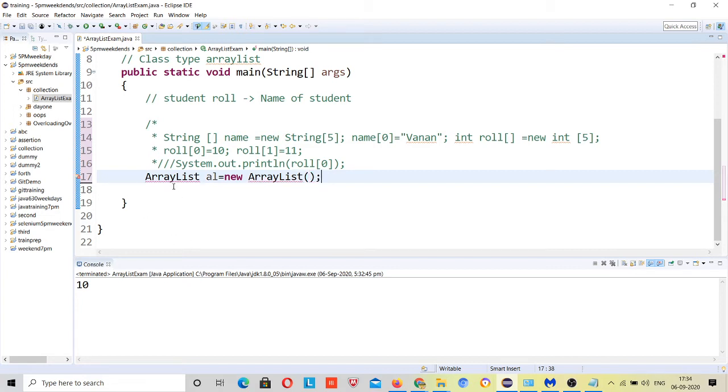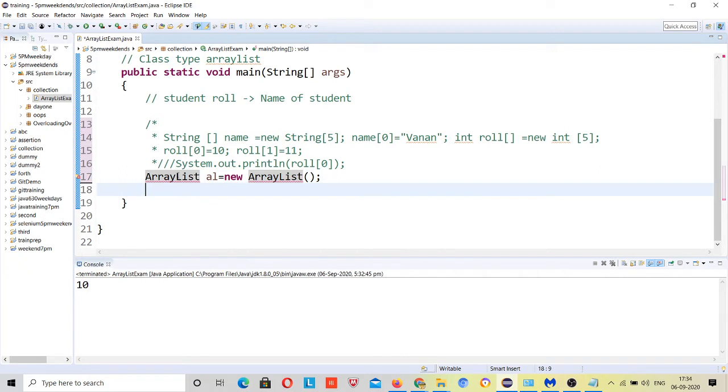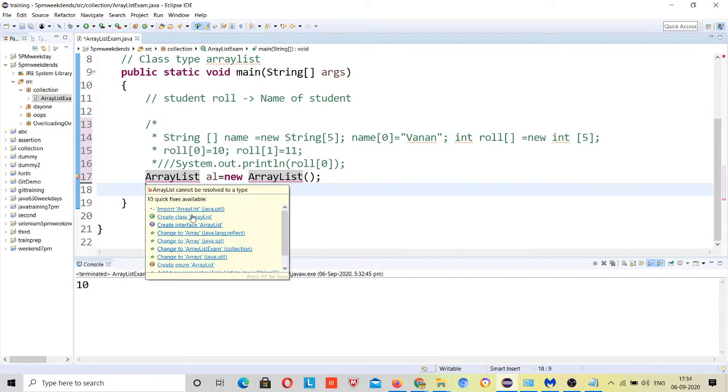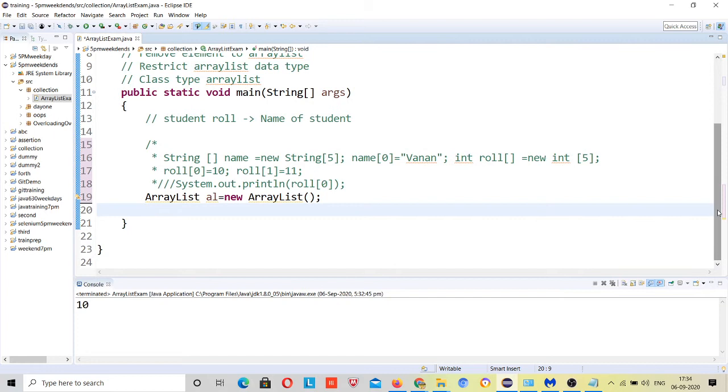Now there are two ways to import the package. Just click here, Control Space, it will suggest that package, or just go here and import after hovering the mouse over the ArrayList, right. So whatever package needs to be imported will be suggested to you.